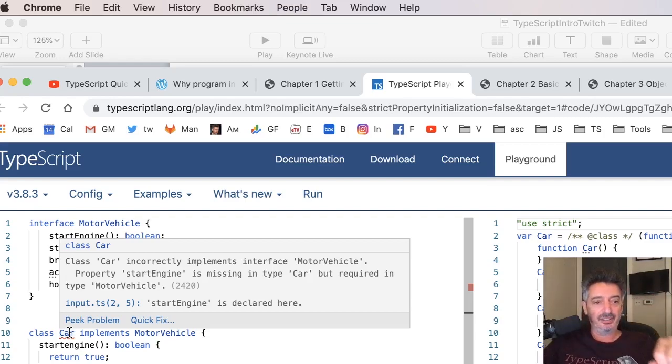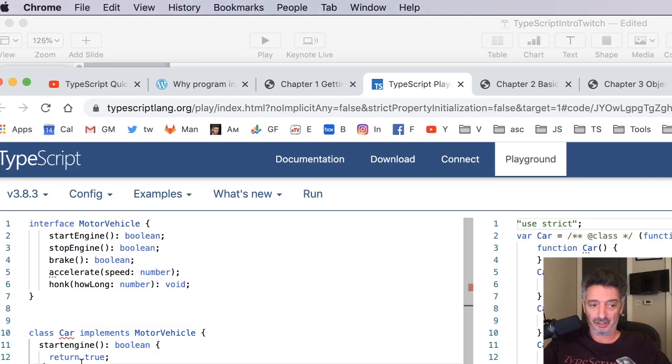Oh, I see. It says that class car incorrectly implements interface motor vehicle. Property startEngine is missing. Of course it is missing. It is startEngine with small e, but it needs capital E. Oh, so I see right away, oh, I made a mistake. But for the